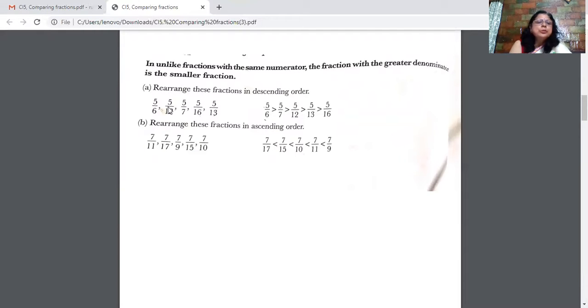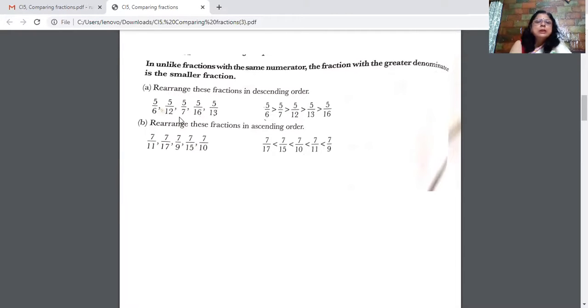Now you will understand better with the pizza. Say your large pizza has 8 parts. You take 1 part or 2 parts out of that 8 parts, you know the size. But if the 8 parts were to be divided into 16 parts, and you take 2 parts out of that, now the parts have become very small. So this part will be smaller.